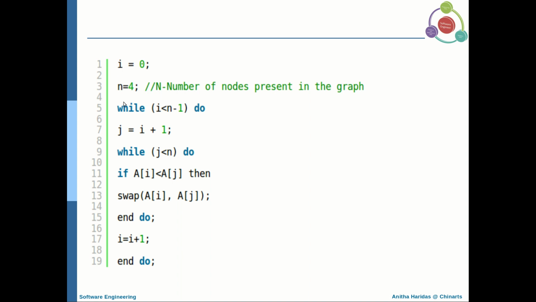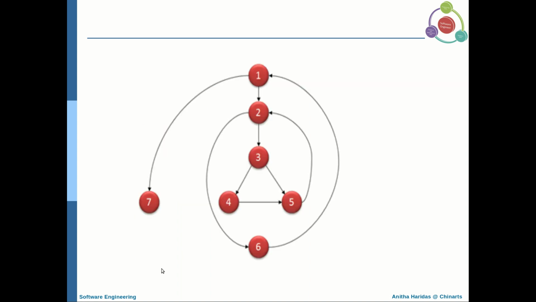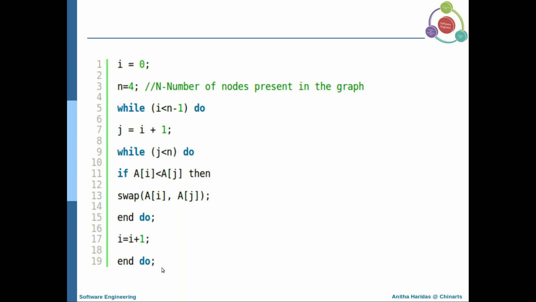I have instructions like this. So you have I is equal to 0, N is equal to 4, while loop is starting here. Again you have one processing statement, another while loop, another decision making statement. Then you have function being called, then you have end statement, then you have I being incremented and the last end statement of the while do. Now if this is your program,